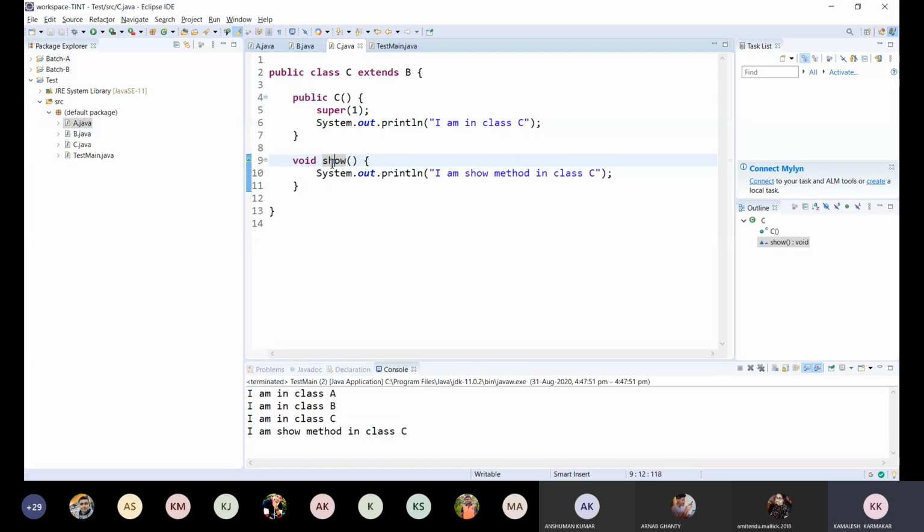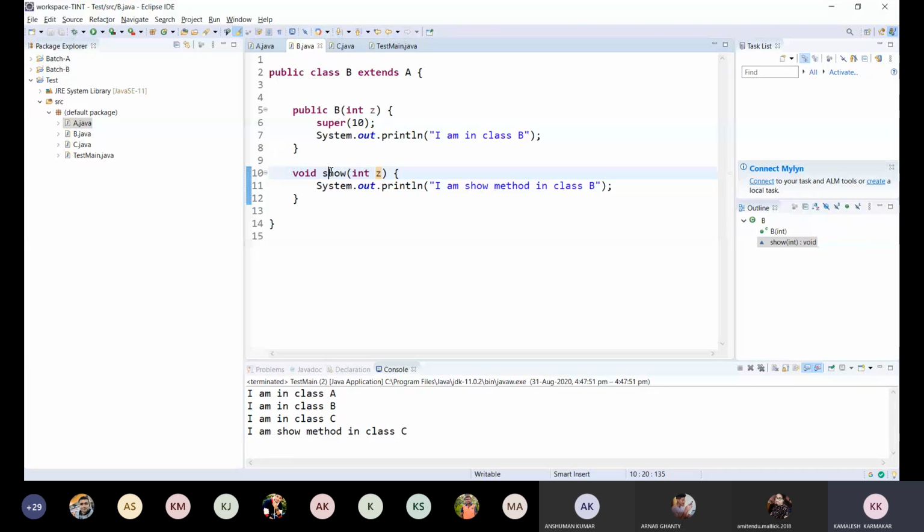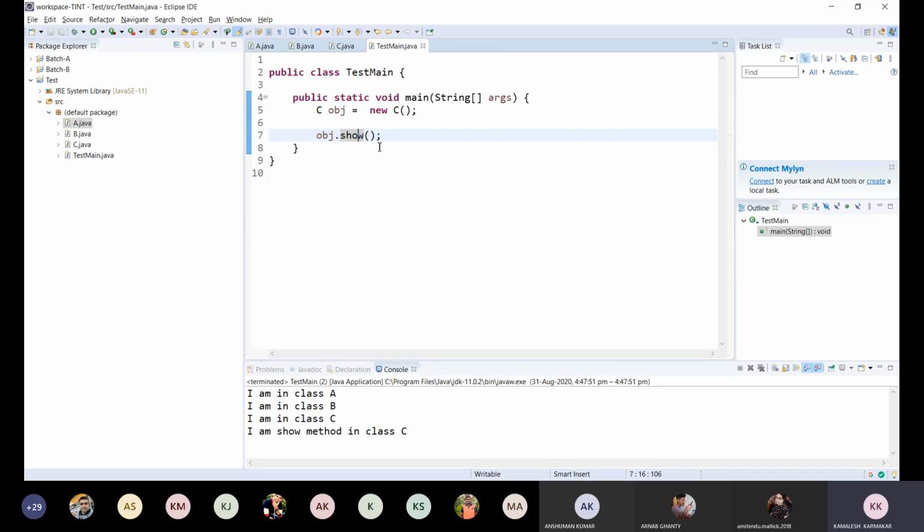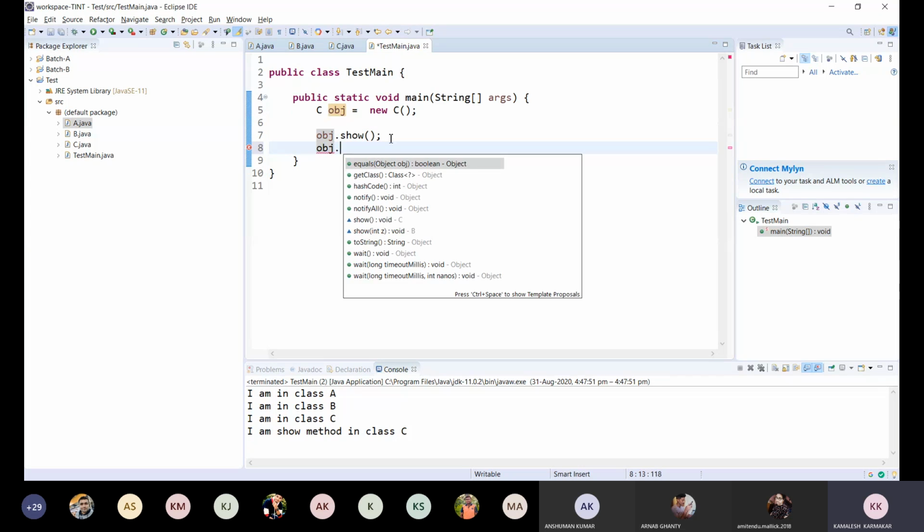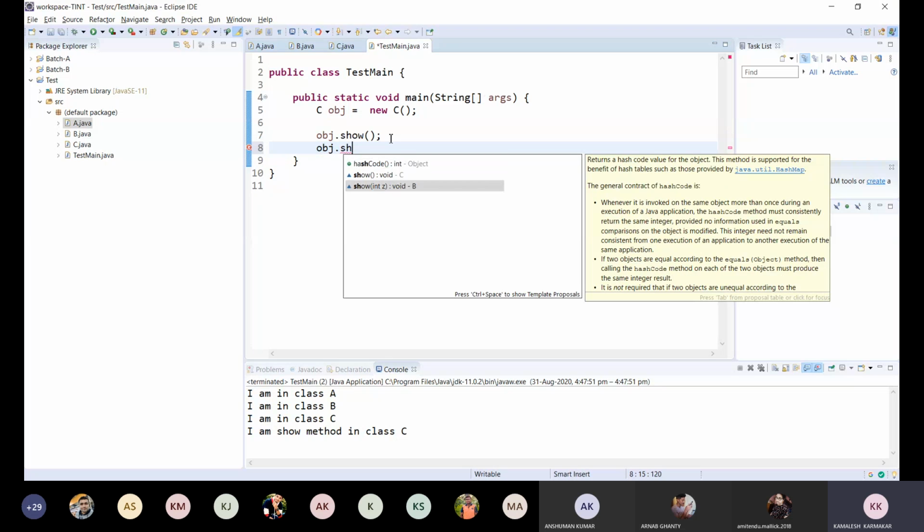But is this show method overriding the one in class B? No, this method is not being overridden. This has a parameter. So I can call object dot show with the parameter also.